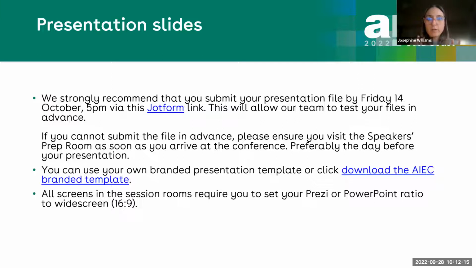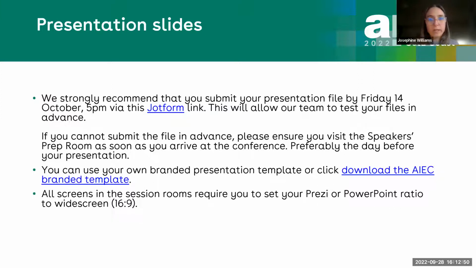There are different times of the day where the speaker's prep room can be really, really busy. So if you're speaking on the Wednesday and you're arriving on Tuesday, it would be great if you could pop in on the Tuesday so that we have it the day before. And if you're scheduled on Thursday, still try to go in on Tuesday, and we might say, okay, we'll come back on Wednesday, or just come in on Wednesday morning. So we just obviously have to manage the traffic, but we just don't want to wait until the very last minute to get your file, because we want to test it, check it, make sure everything's okay.